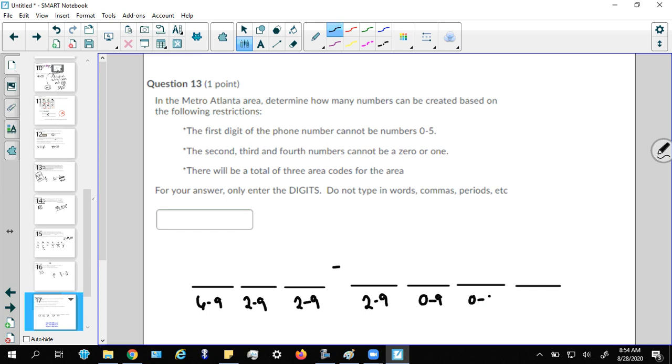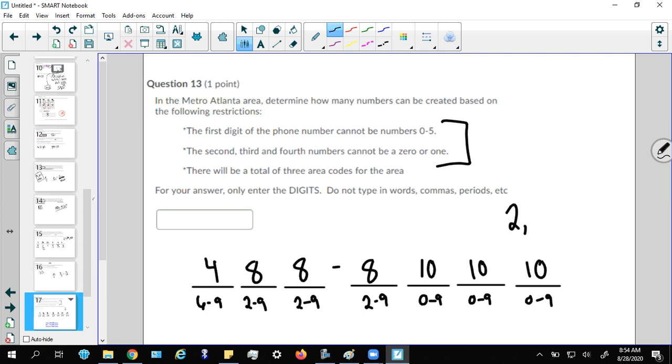Where a lot of people screwed up was that it didn't say anything about the last 3 here, so they just said, okay, well, it doesn't exist. Guys, it does, okay? So 6 through 9 is 6, 7, 8, 9, that's 4. 2 through 9 is 8, 8, 8. 0 through 9 is 10, 10, and 10. All right, 4 times 8 times 8 times 8 times 10. We get